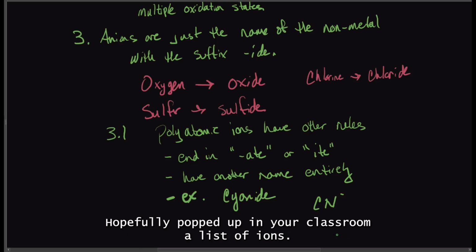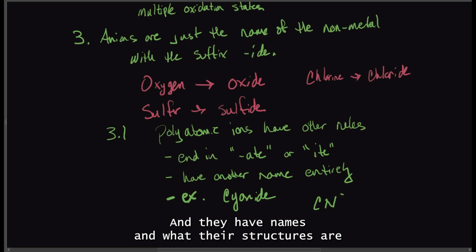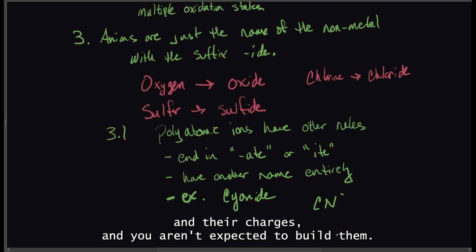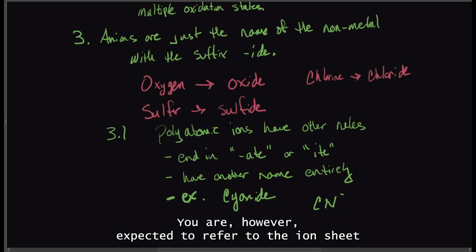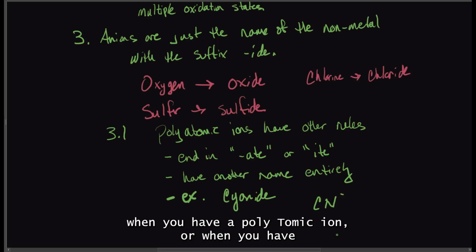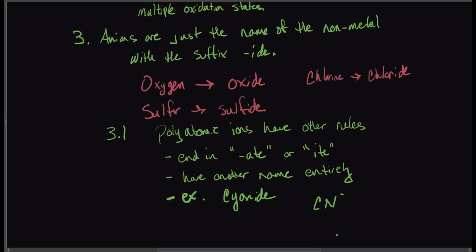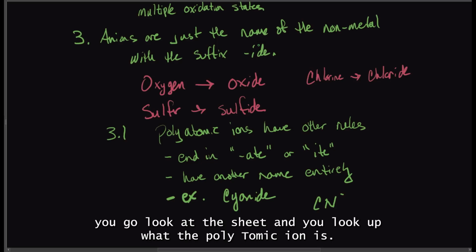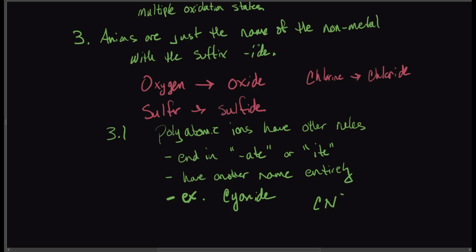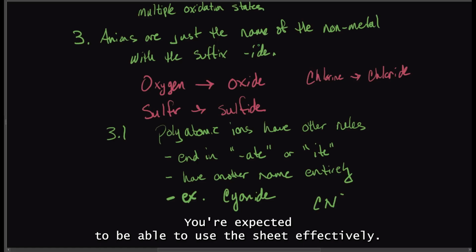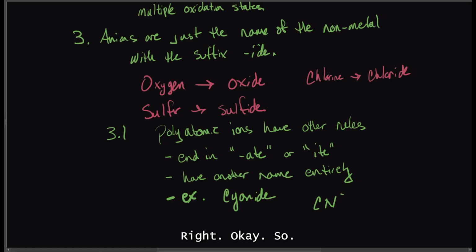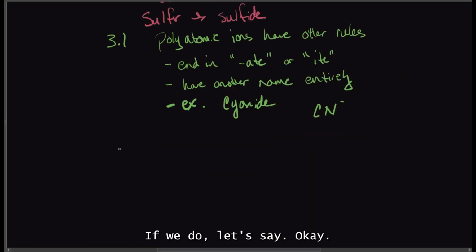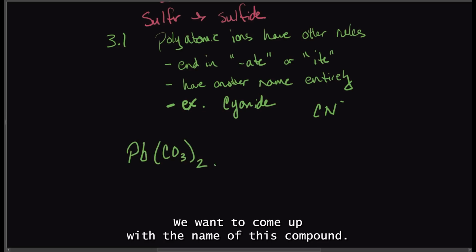guys today, hopefully it popped up in your classroom, a list of ions. Okay, and they have names and what their structures are and their charges, and you aren't expected to build them. You are, however, expected to refer to the ion sheet when you have a polyatomic ion, or when you don't recognize an element name that ends in "ide," you go look at the sheet and you look up what the polyatomic ion is. You're not expected to memorize them. You're expected to be able to use the sheet effectively. All right? Okay. So if we do, let's say, okay, we want to come up with the name of this